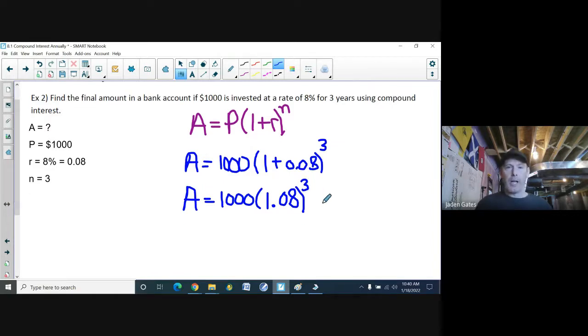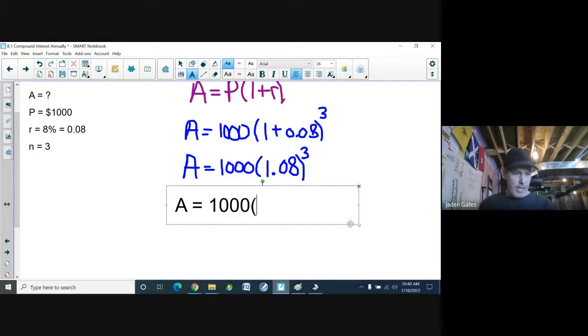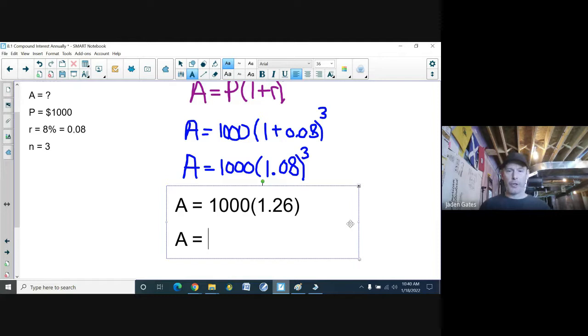Well, next up to follow BEDMAS is onto the exponents. Just did brackets. So we have A is equal to 1,000 times I take 1.08 to the power of 3. To the power of 3, I get, to 2 decimal places, 1.26. All right, and now I multiply the two of those, and in the account, I would have